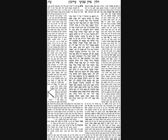Rav Yosef says as long as it's within a tefach of the top of the wall, it's enough. So the ladder only has to be 13 and a bit, so that it hits within a tefach of the top of the wall. Abaye says it only has to be within 3 tefachim, and therefore the ladder only has to be 11 tefachim